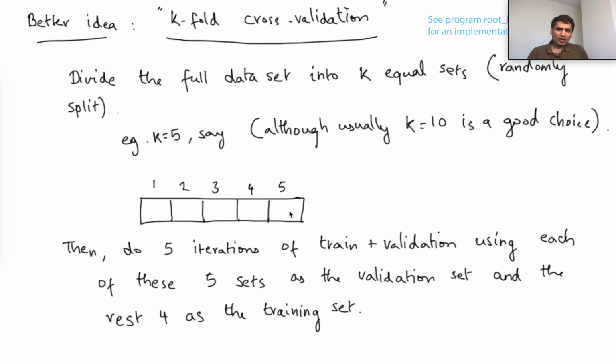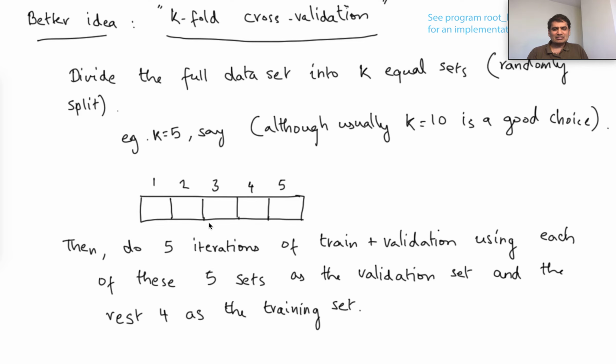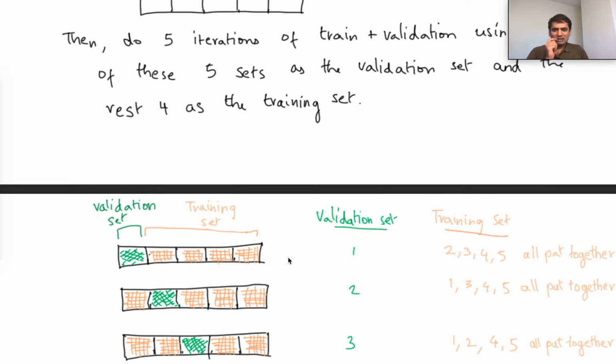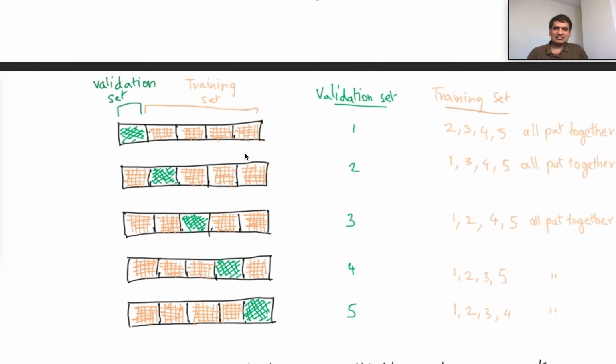And then what you do is you do 5 different iterations of train and validation using each of these 5 sets as a validation set and the rest 4 as a training set. So what do we mean by that? So you have these 5 pieces, and then basically you use the first piece as a validation set, and then the rest 4 as the full training set,